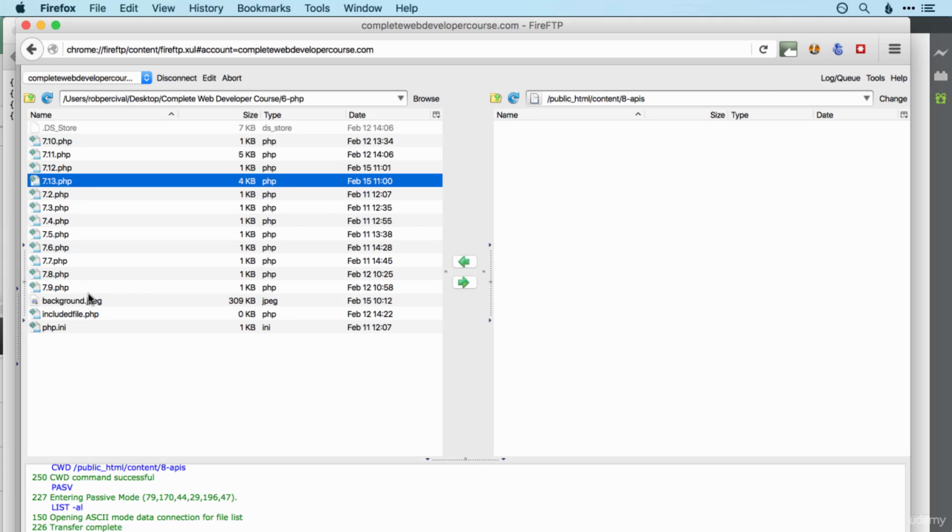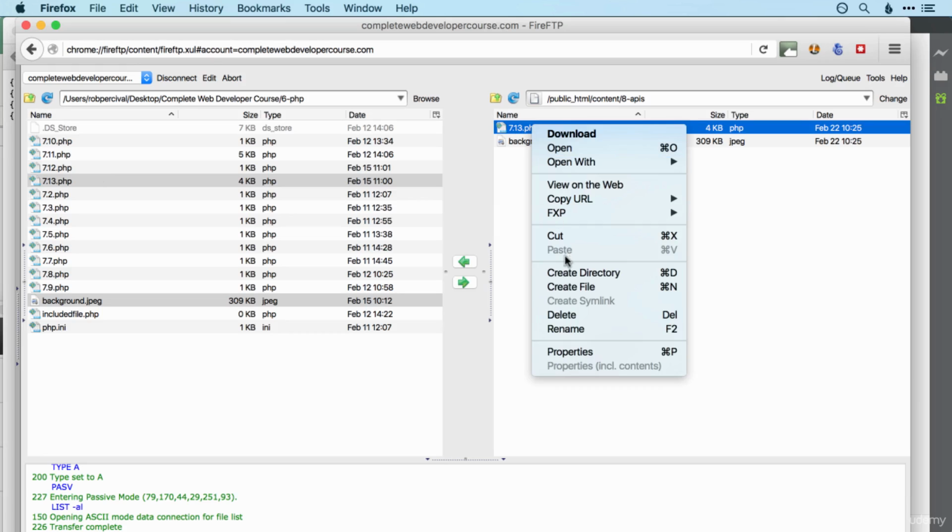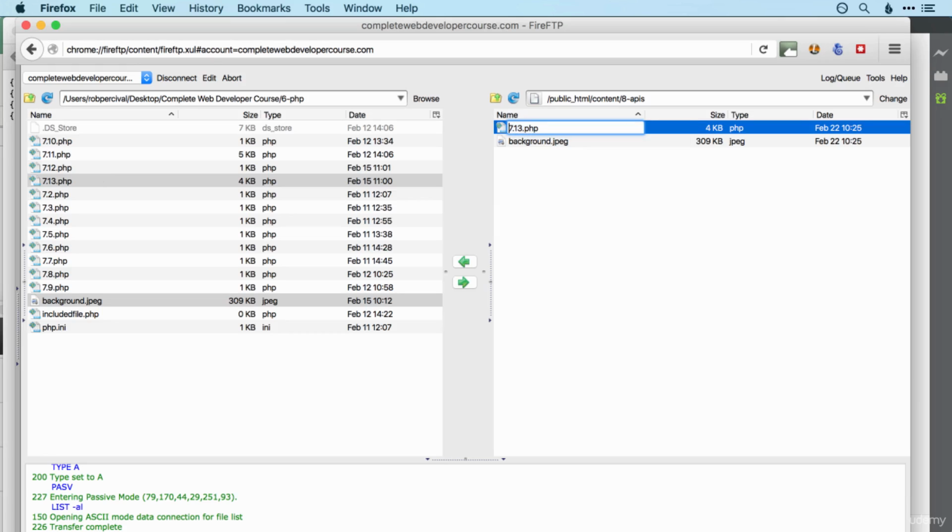That was the What's the Weather app, and I'm going to grab the background image as well, so it still looks nice. You can get those either from your own version of the What's the Weather app, or just go back to the lecture and click on the link to download the code. All right, now I'm just going to rename that index.php,